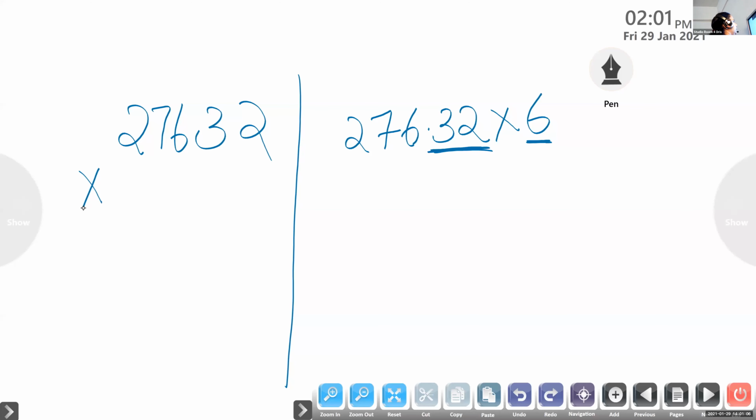So here how to do multiplication? Write the number without decimal. Do normal multiplication. And look in the question. Here we have only 2 decimals. Here there is no decimal point, 0 decimals. So only 2 decimals will be in the answer. Finished. Okay. All of you try to do it alone. Alim Sian, can you do the multiplication? 6 2s are. Tell me. Fast, Alim. Alim Sian, are you there?